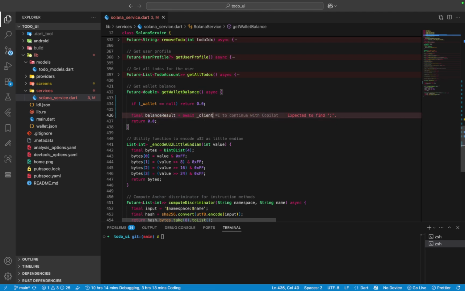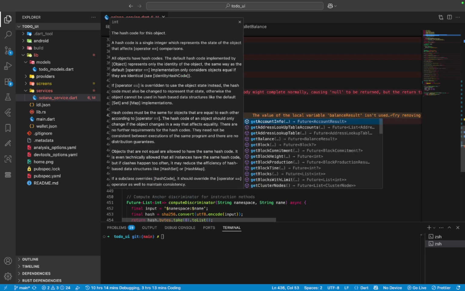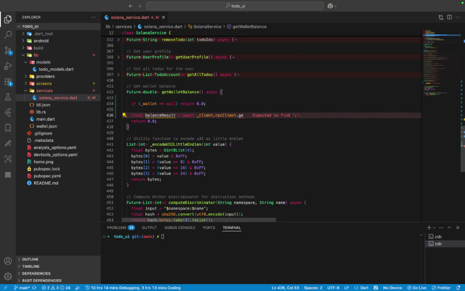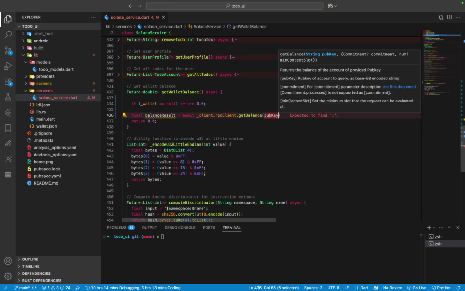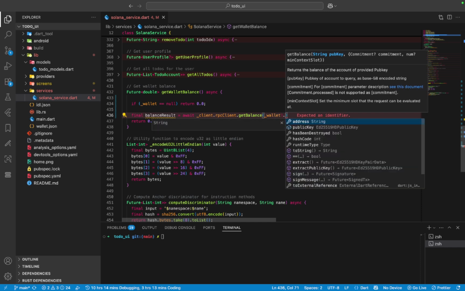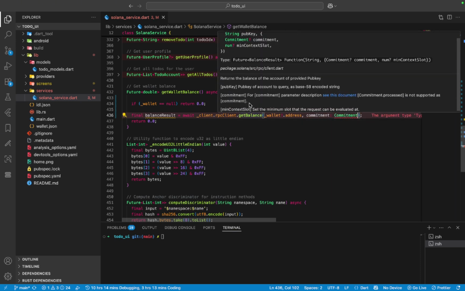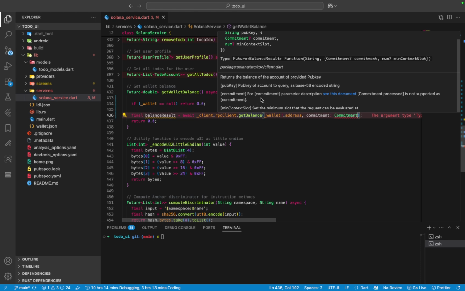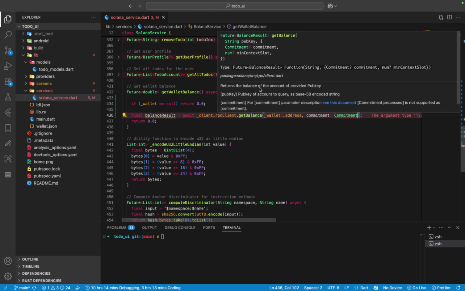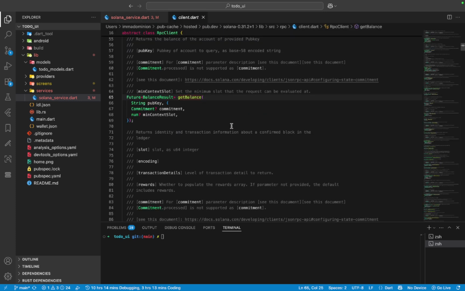You also have to be aware that this is not a data class. What we're just trying to do is go over how to interact with that on Solana, right? And we might want to specify the commitment. What's the default commitment? If commitment is not specified, what does it fall back to? I think it should be